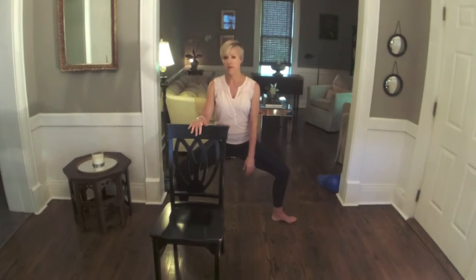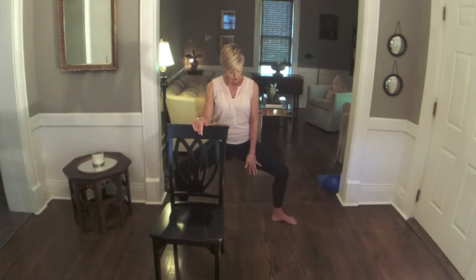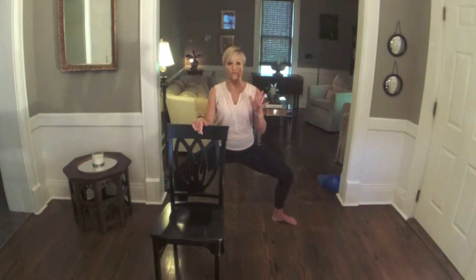Lift those 10 toes up. Again, push the pinky toe mound down, push the heel down, and push the base of the big toe. Squeeze the toes to the floor. Okay, so hold here. We're going to do some pliés. We're going to do 4 of them. 4,